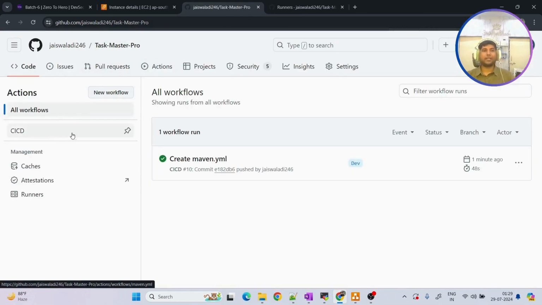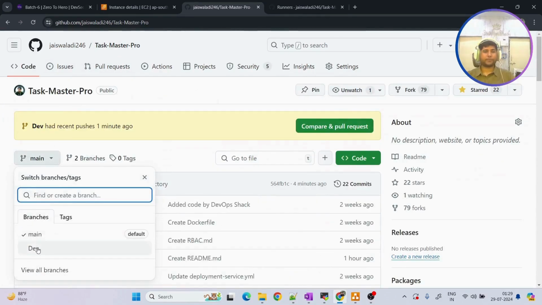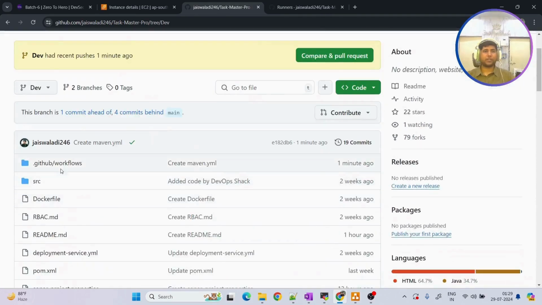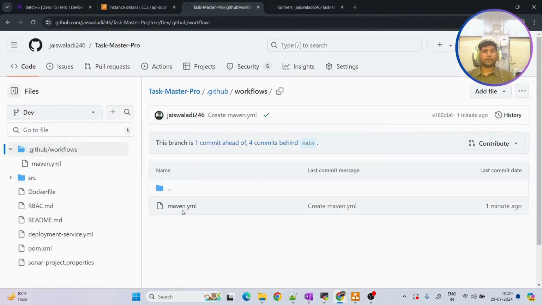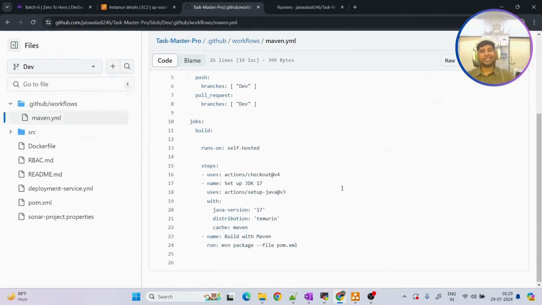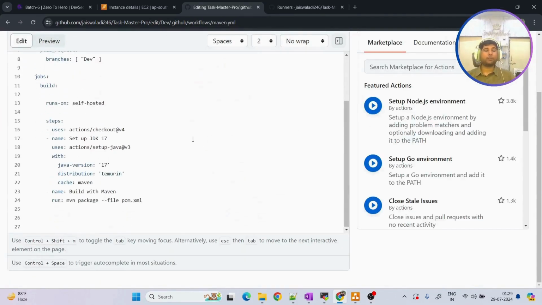So for that, let us go to the dev branch, and here go to workflows. The next step that I want to add to my pipeline is to perform a file system scan on my source code. How can we do that? I'm going to create a copy of this stage, and here the naming of the stage will be